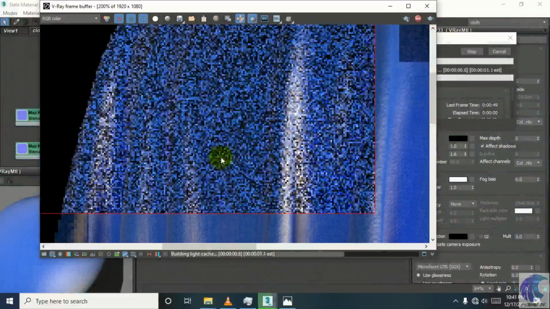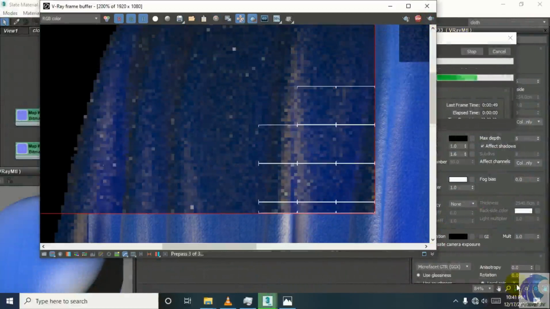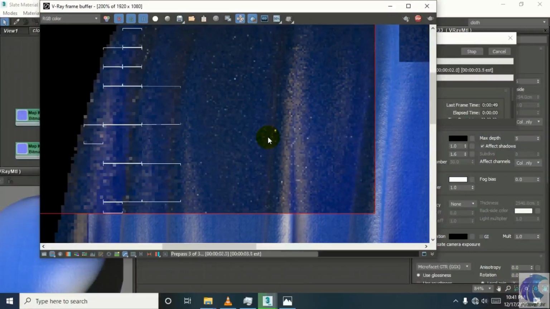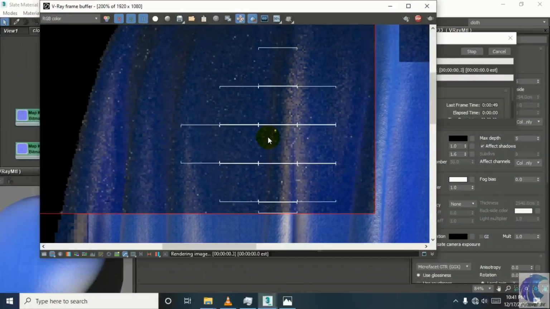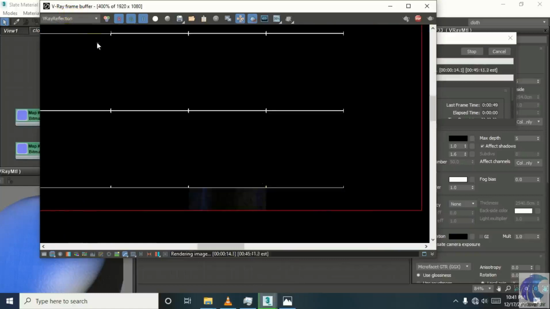I just rendered with reflectivity, but I told you this is not working out. Our reflectivity will not work out. Now it's time to render and see how reflectivity looks.